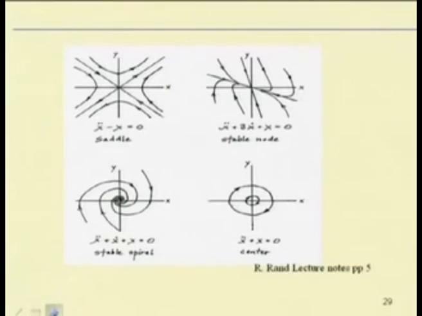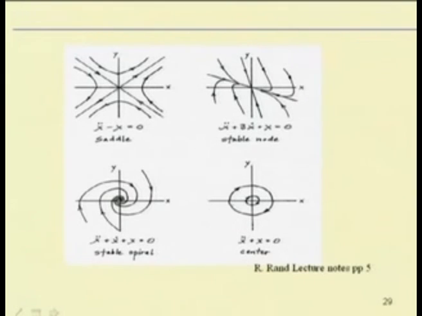Similarly, you can find a saddle point here by considering x double dot minus x equal to 0. Near the saddle point you just observe that the flow will separate out. These are known as the separatrix. These asymptote lines are known as the separatrix. They separate the flow around this equilibrium position. So, this is one saddle point.